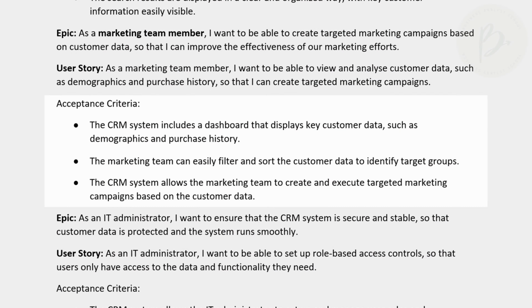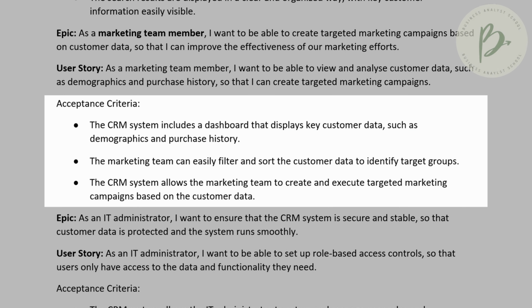Okay, so what are the steps here? The CRM system should include a dashboard that displays key customer data. We want a dashboard. There should be a dashboard that displays these details. And then from this dashboard, we want the marketing team to easily filter and sort the customer data to identify target groups. Another acceptance criteria: the CRM system allows the marketing team to create and execute targeted marketing campaigns based